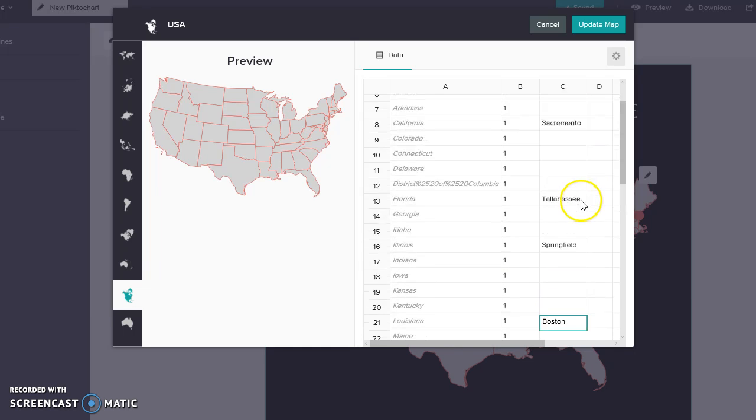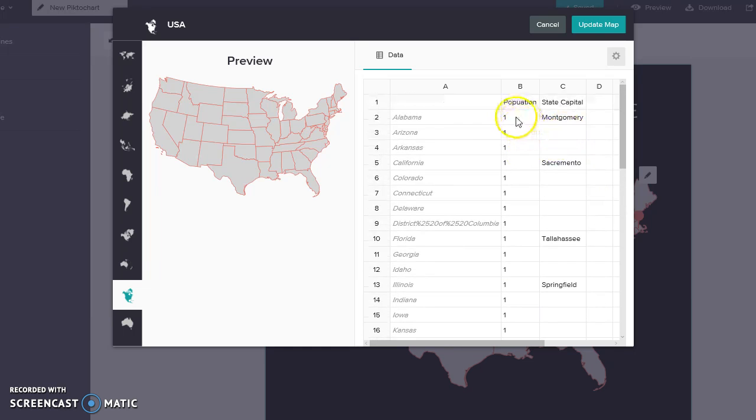All right, so once I've just put in a couple of those, I don't have any of the populations, which I'd have to look up. And of course, that's what your learners would have to do. They'd have to look up all of these populations, these state capitals, and put them in their correct field, which is that data part where it's data driven. You have to research, and then when you update the map,